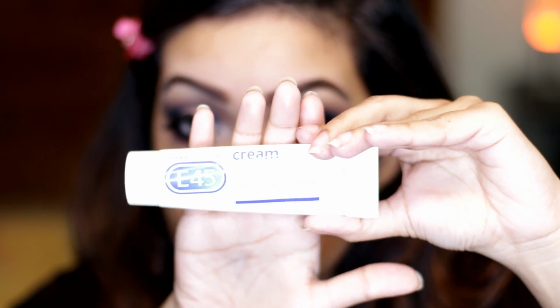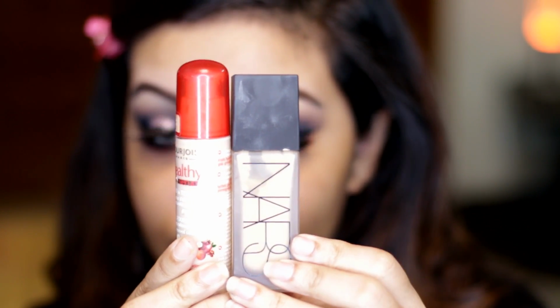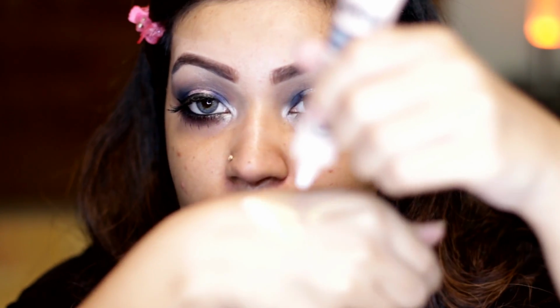So I have already used moisturizer, and as a primer I'm using Smashbox Photo Finish Primer, which is my favorite primer nowadays. And on my open pores I'm using Benefit Pore Professional to blur out my open pores a little bit. I have used eye cream, which is Benefit eye cream, and as a foundation I am using NARS and Bourjois foundation, and with the foundation I'm mixing City Color illuminator to have a glowy look and glowy base makeup,